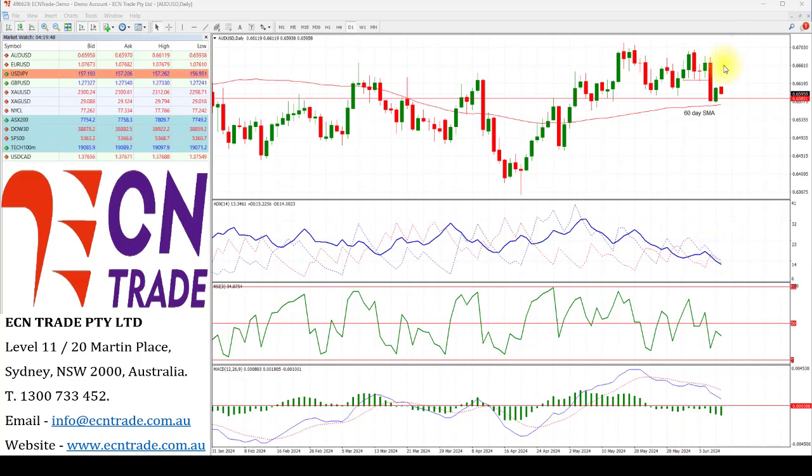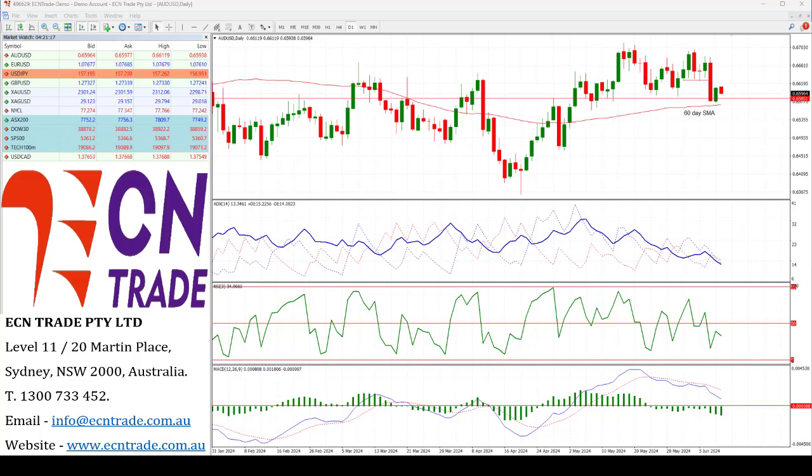After a significant downturn on Friday, following the robust US jobs report, the Australian dollar has staged a modest rebound in front of the 60-day moving average, as all eyes now turn to the upcoming US CPI data and the US Federal Reserve rate decision. Following the US FOMC meeting, it is widely expected that the Fed will keep rates on hold. However, investors are eagerly awaiting Federal Reserve Chairman Powell's customary press conference following the FOMC decision to try and gauge when the US Central Bank will cut rates.